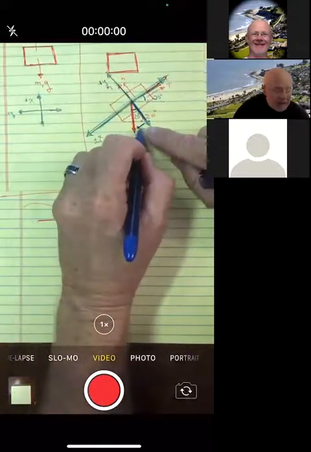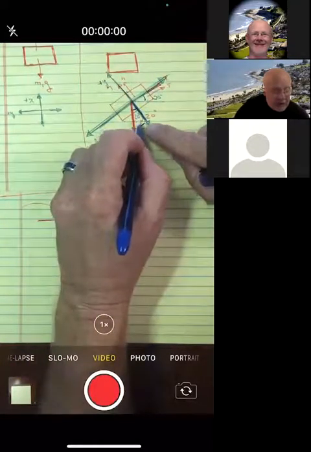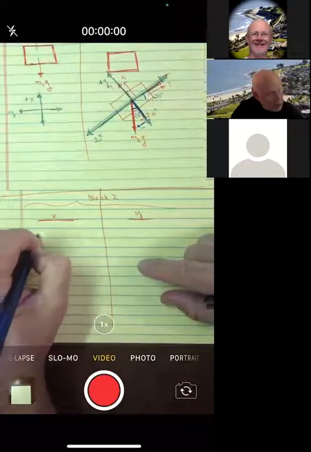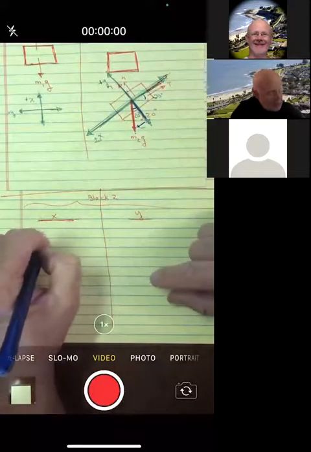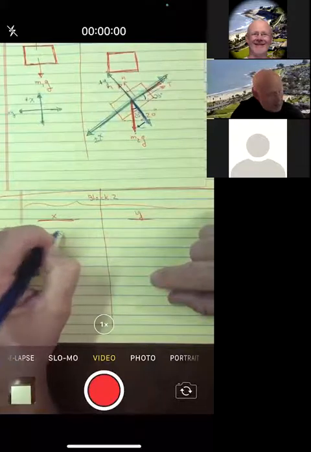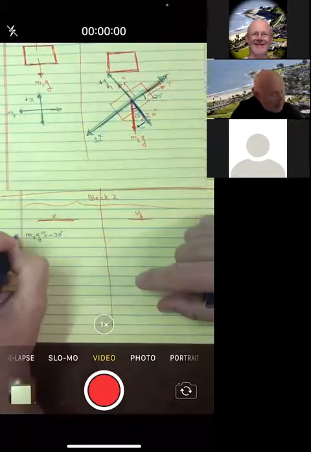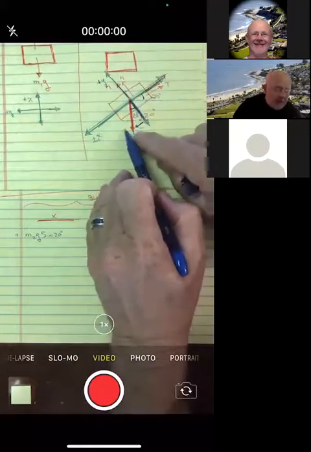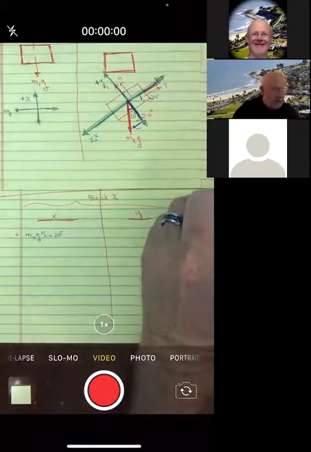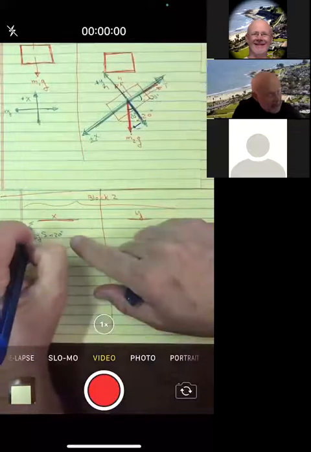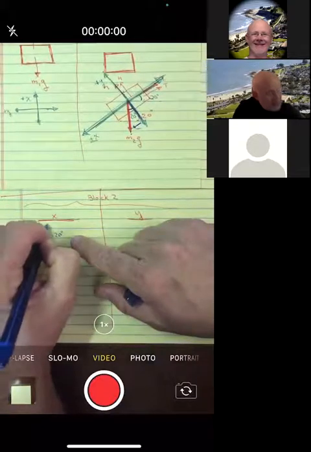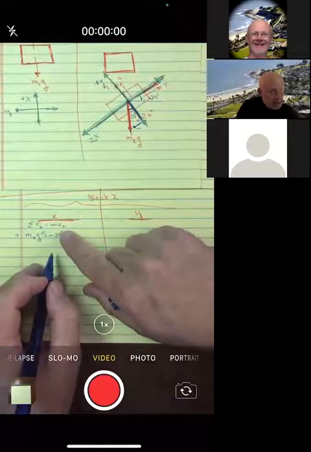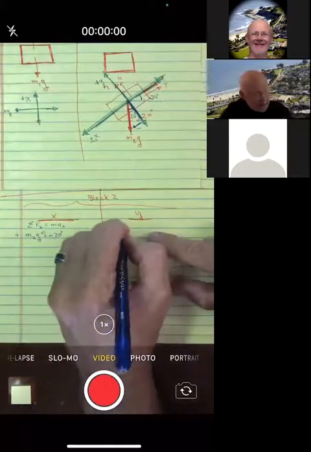And so notice the one down the hill is opposite of the 20. So I would take the magnitude m2g, and I would multiply it by sine of 20 degrees. And that would be a plus. And that's how much force of gravity is down the hill in the x direction. That is this step: add up all the forces in the x direction, set it equal to mass times acceleration in the x direction. Now, as long as I'm working on this, I might as well do the other side,